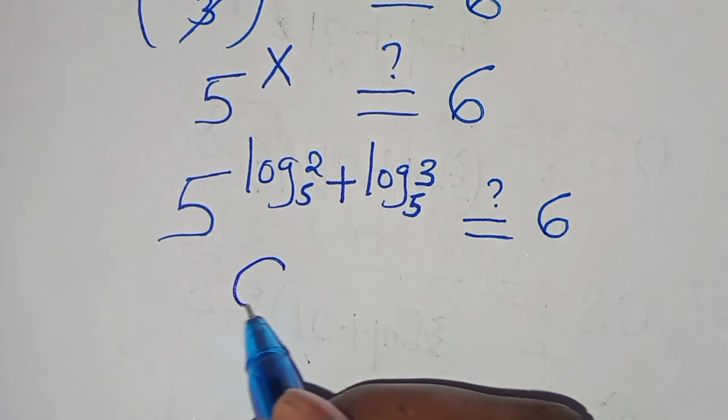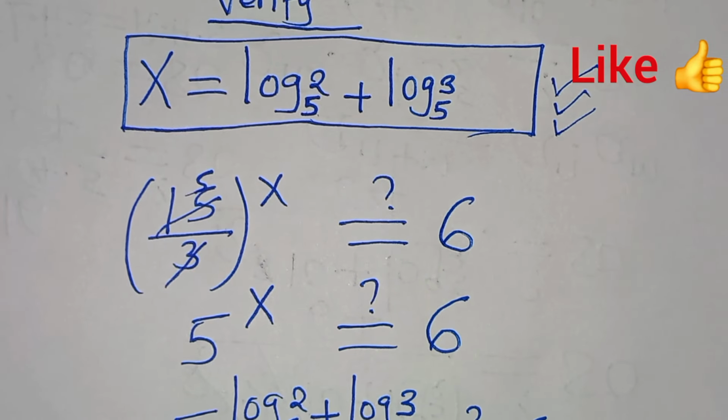So the left hand side is equal to the right hand side. And this implies that the value of x, which is log 2 to base 5 plus log 3 to base 5, actually satisfies the equation. So kindly follow the steps,